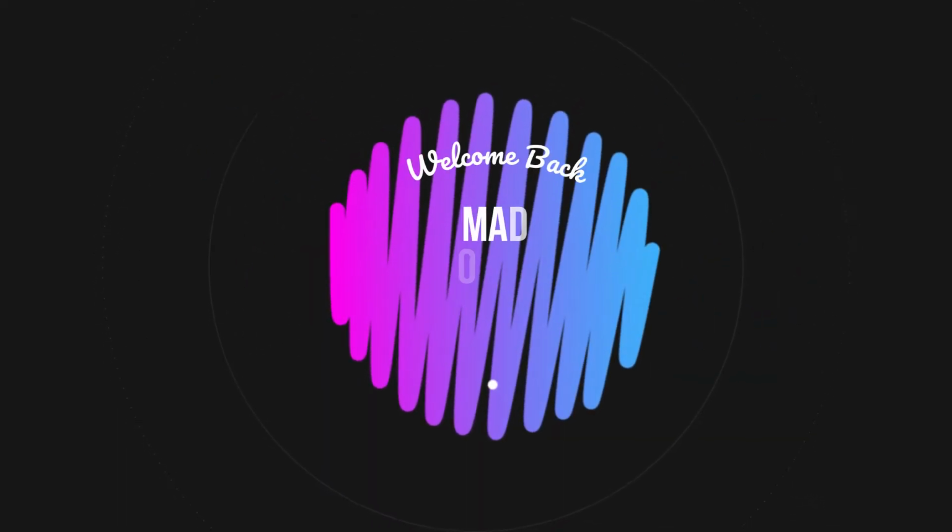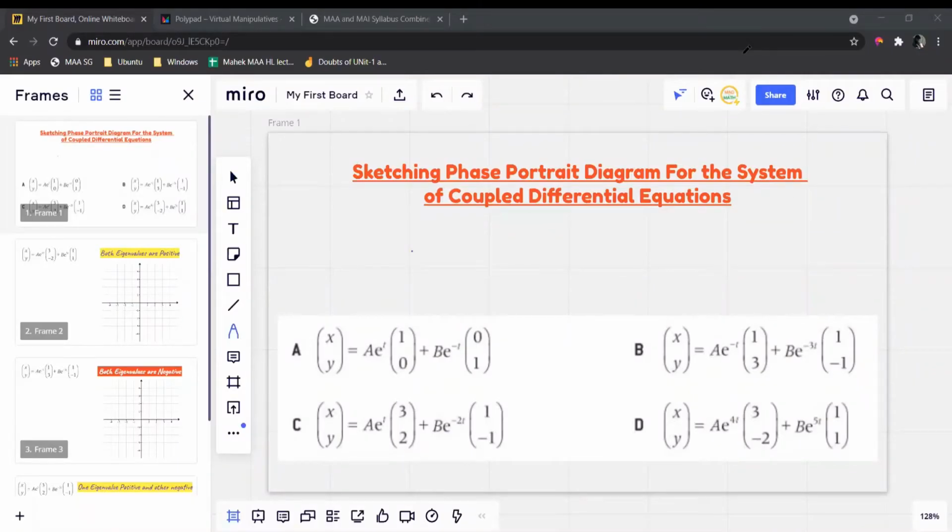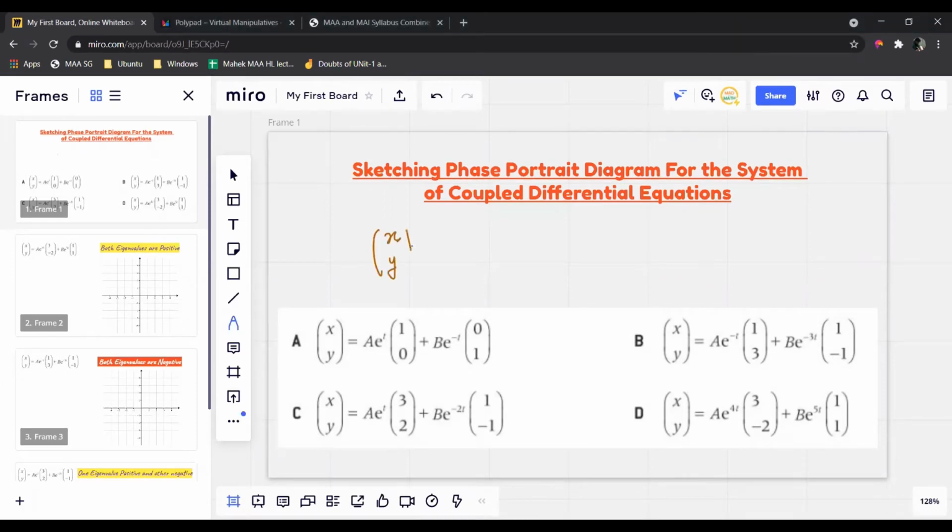Today we learn how to draw or sketch a phase portrait diagram for a system of coupled differential equations. The solution of this coupled differential equation looks something like this. It is x and y, variables x and y, equals a constant a e raised to lambda 1 times t into p1 bar plus b times e raised to lambda 2 times t into